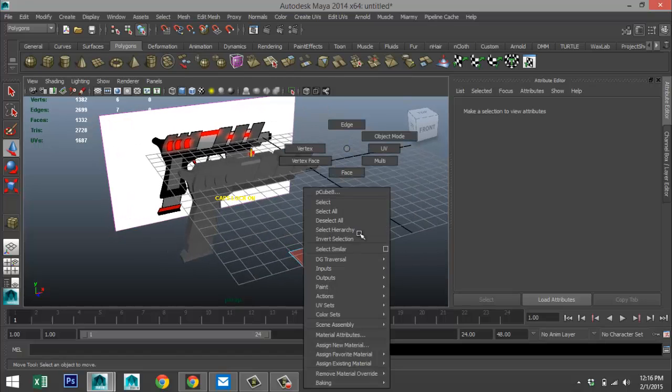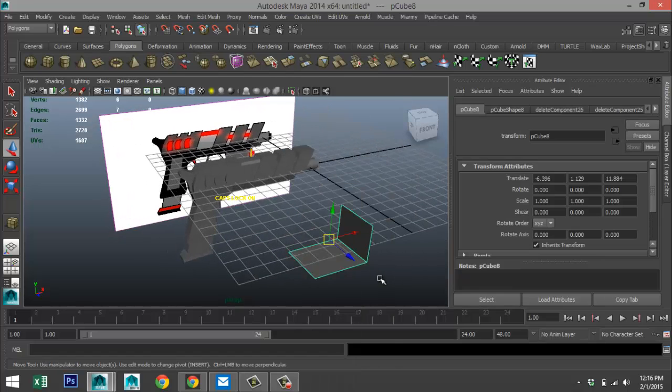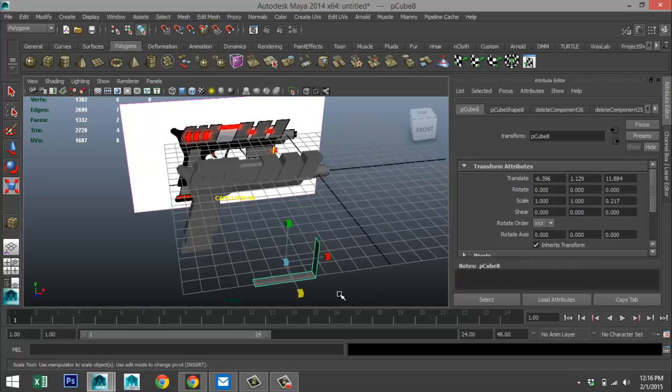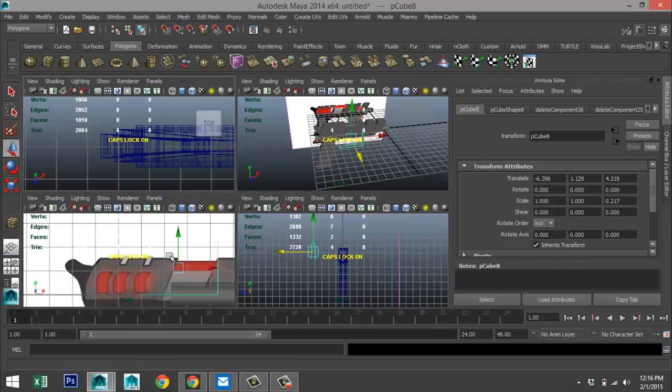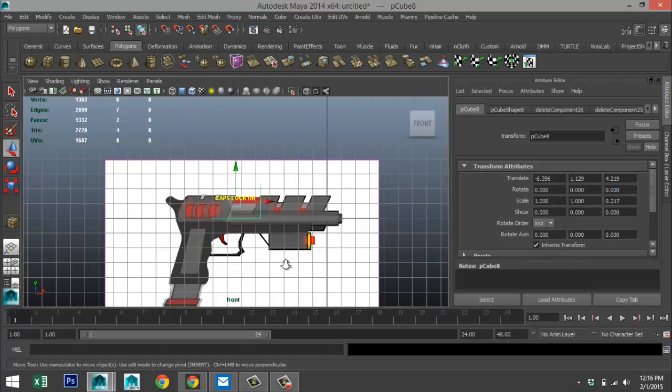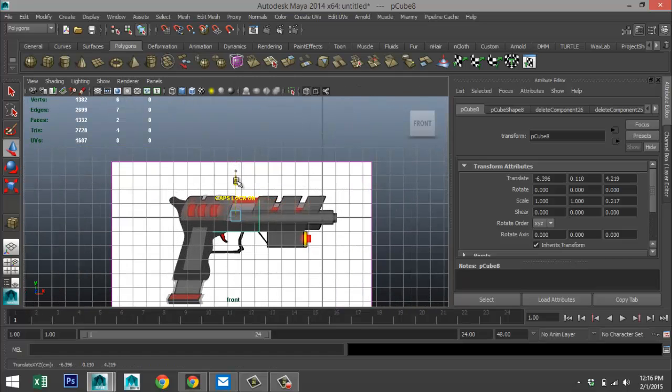Okay. Right click object mode. Hit R. Push that in. We're going to move that towards where it needs to be. So let's push that guy down.